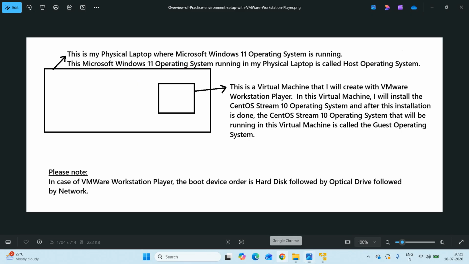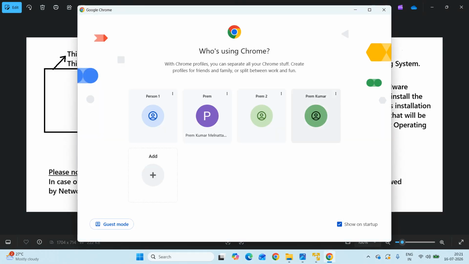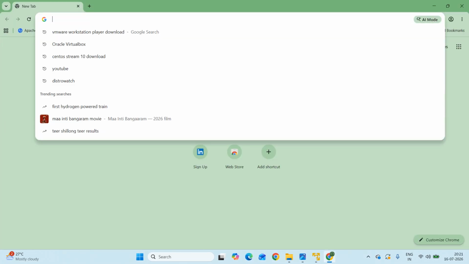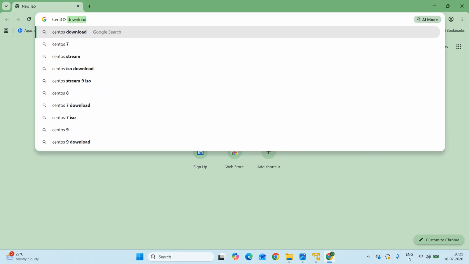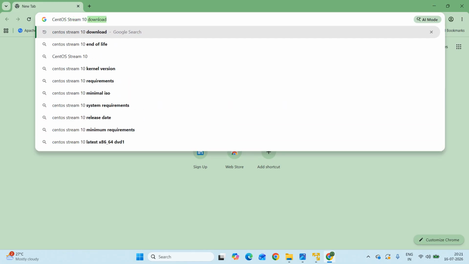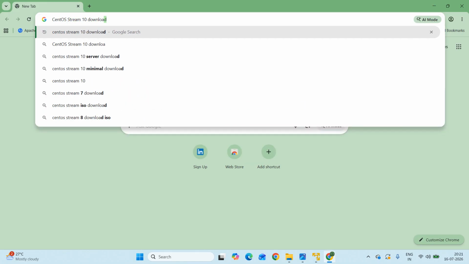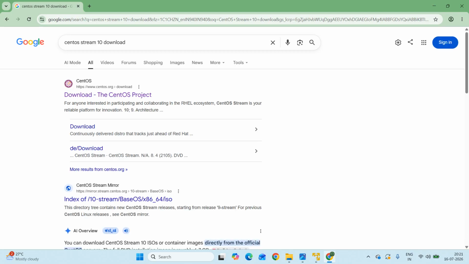Okay, for this you can use any web browser, people, and just search for CentOS Stream 10 download, and you can see a page like this, CentOS link here, download the CentOS project, the first link that I got in the search result. So I'll just click on this,